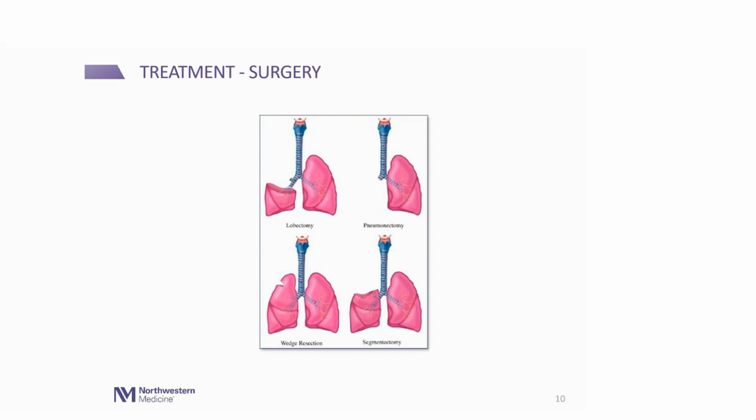Sometimes if the tumor is very large or sits between the lobes, they may have to remove the whole lung itself, and that's called a pneumonectomy. Again, the surgeons will make sure that person can live with the other lung. We have two lungs, I always say. Nature has it that way. Duplicates of some organs and only one for some other organs. So lungs, we have two. So if lungs are healthy, yes, we do see people living with a single lung also, if the other lung has to be removed for the purpose of treatment. So yeah, in general, broadly speaking, these are different types of lung surgeries.